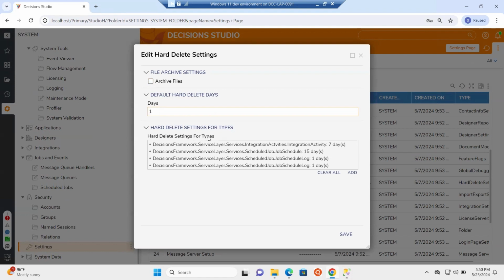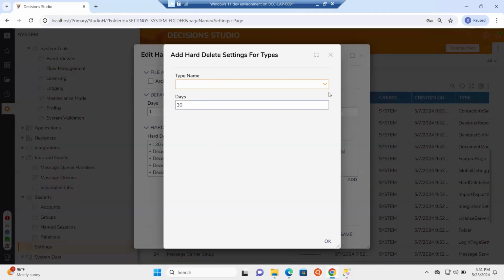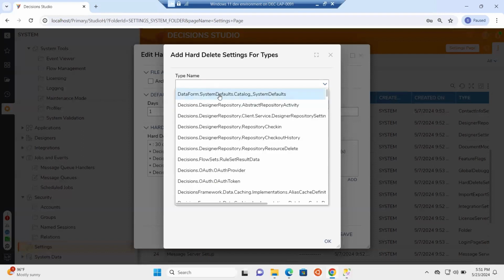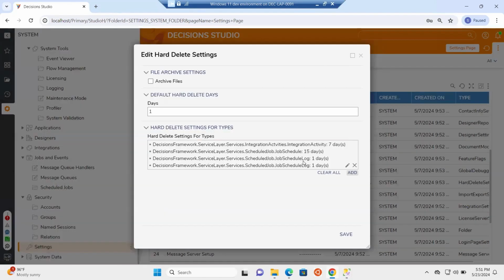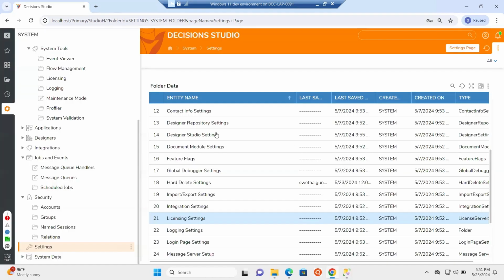And it also asks for the types for which hard deleting is possible. So we can add what needs to be hard deleted and select from the suggested type names and give the days in which the hard delete should execute. I've also chosen a job schedule log to be deleted after 1 day. You can just save this hard delete settings